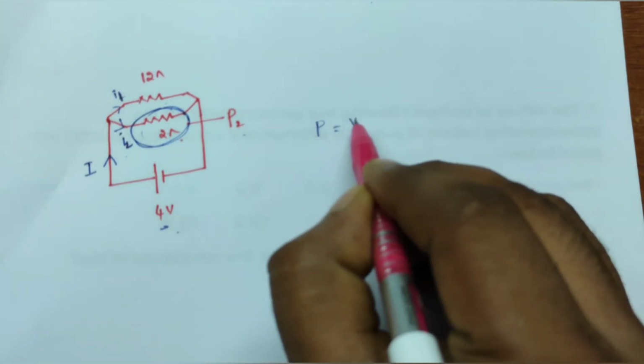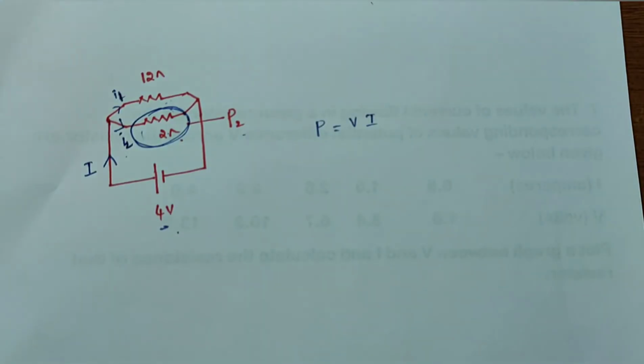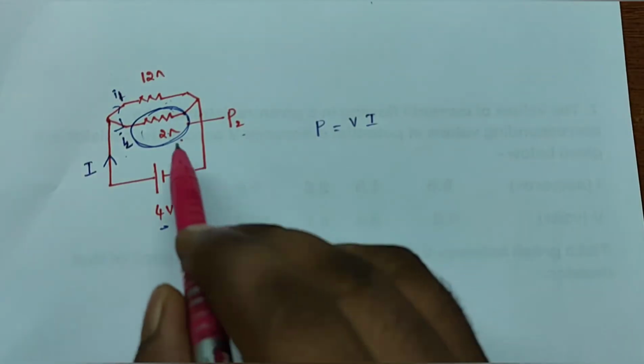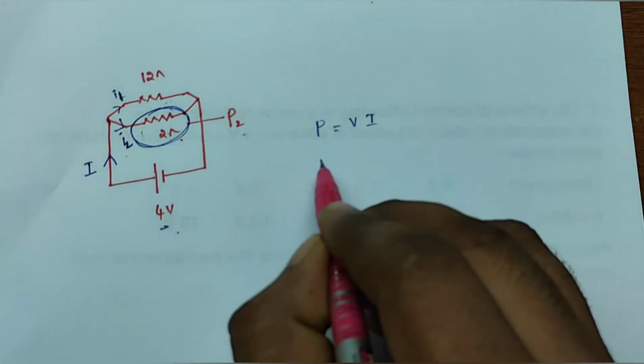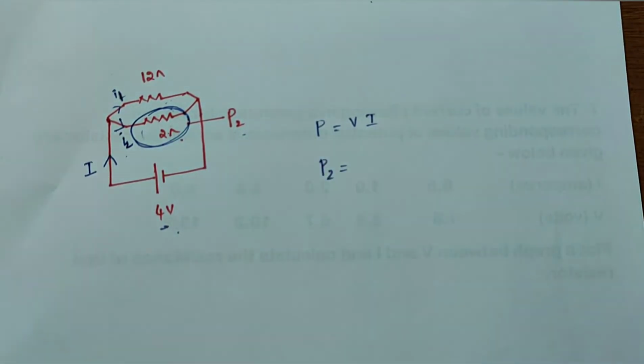So what is the power formula? Power is equal to voltage times current. Very good. I want to find the power here, so I am going to write P2. I need to find the power there. P2 is equal to